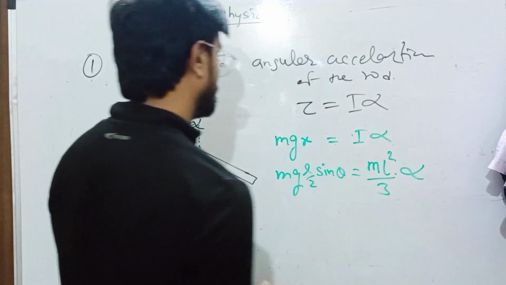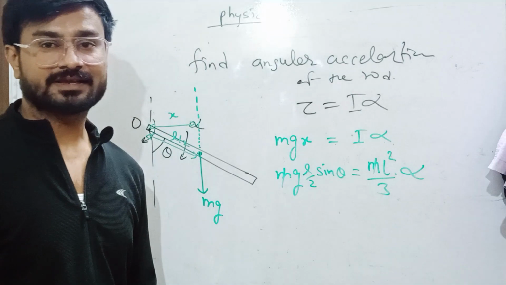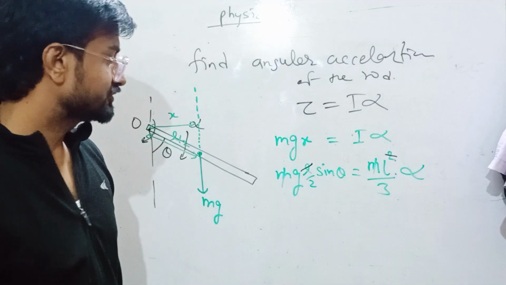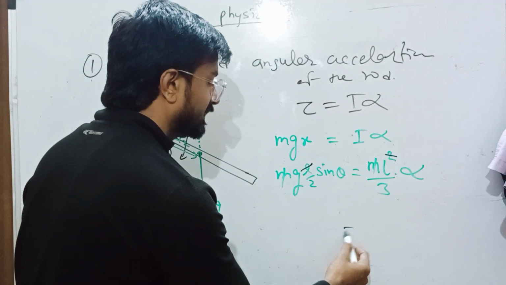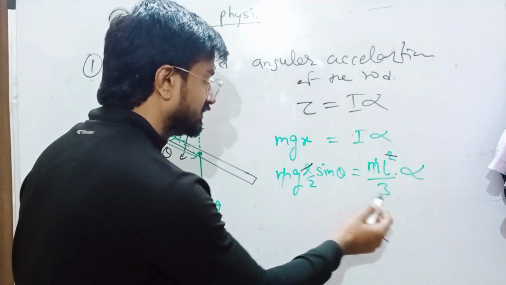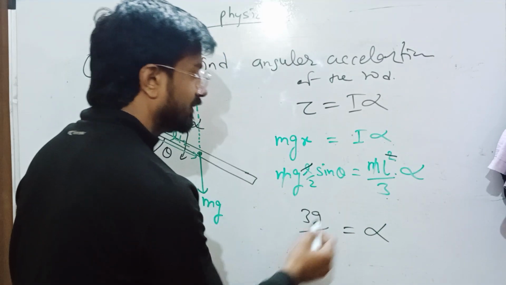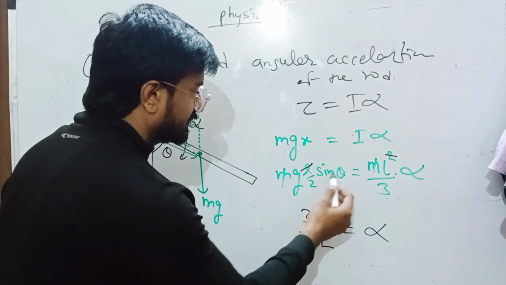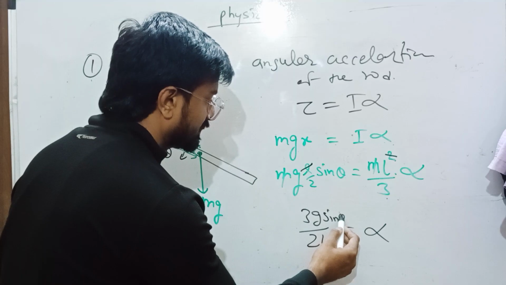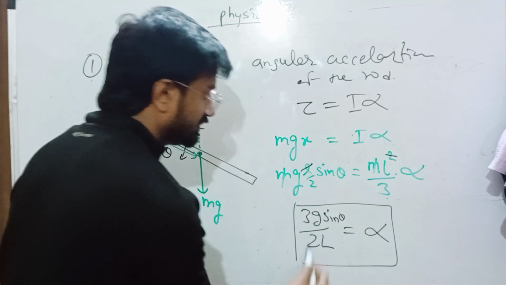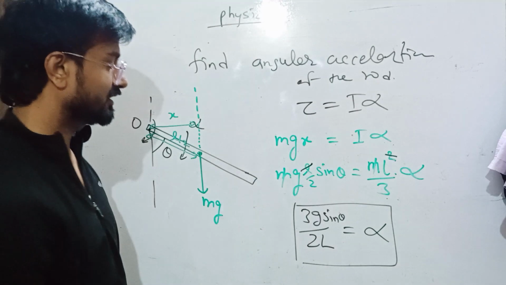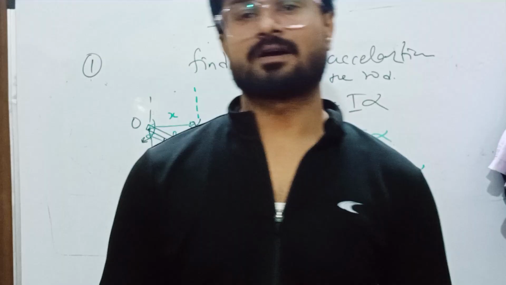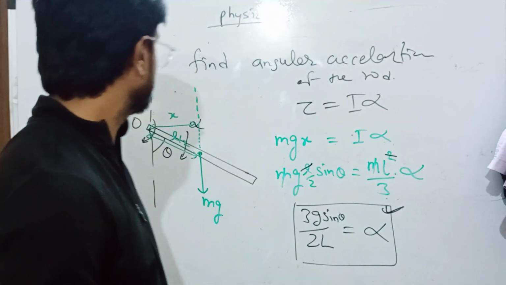Multiplied by alpha. Mass will get cancelled out here. L and 1L will also get cancelled out. Now alpha can be written like this, 3g upon 2L, and this sin theta upper side, so 3g sin theta upon 2L will be your correct answer. So in this way we can calculate the alpha of any rod which is free to rotate